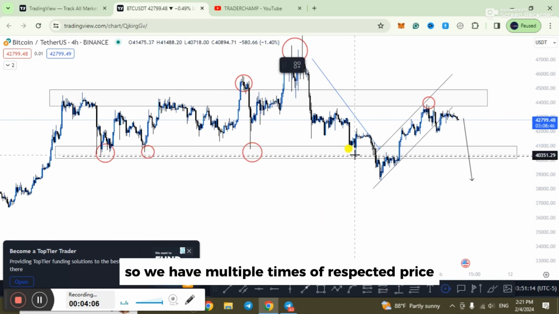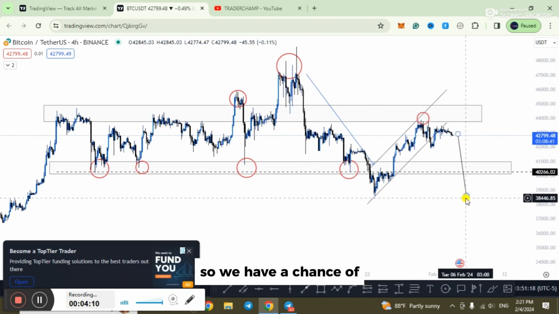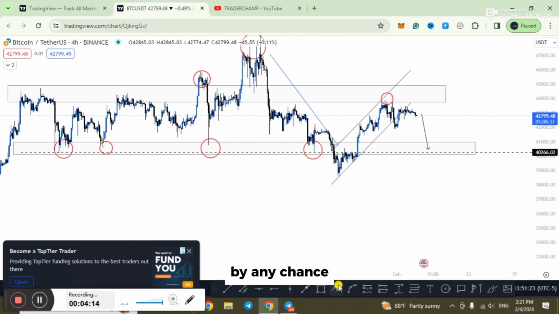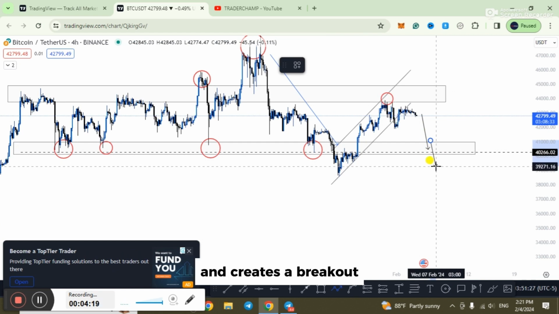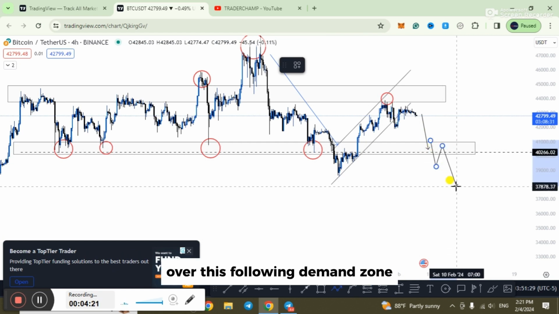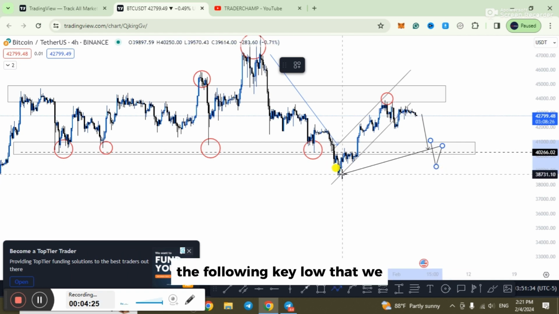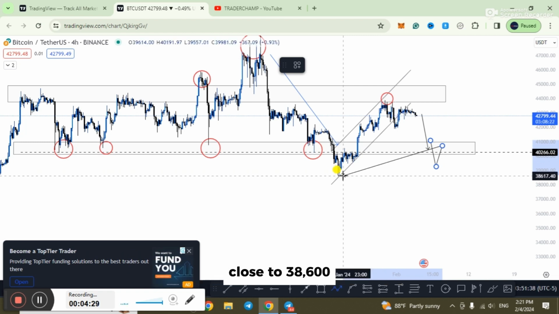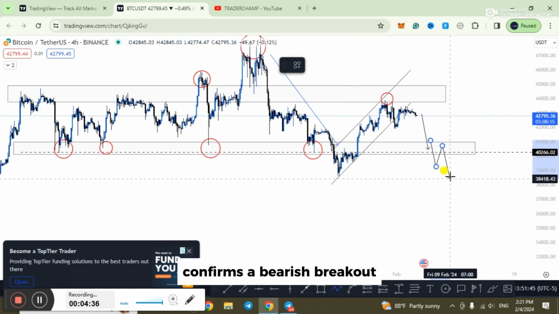So we have multiple times of respected price action close to this following demand zone. So we have a chance of seeing another revisit back towards the following demand zone identified. By any chance, if the price can confirm a bearish breakout further to the downside and creates a breakout over this following demand zone, then we can initially hit towards the following key low that the price has already created, which has been held close to 38,600 or somewhere close to that area. So this swing low is going to be achieved once the price confirms a bearish breakout over this following demand zone,